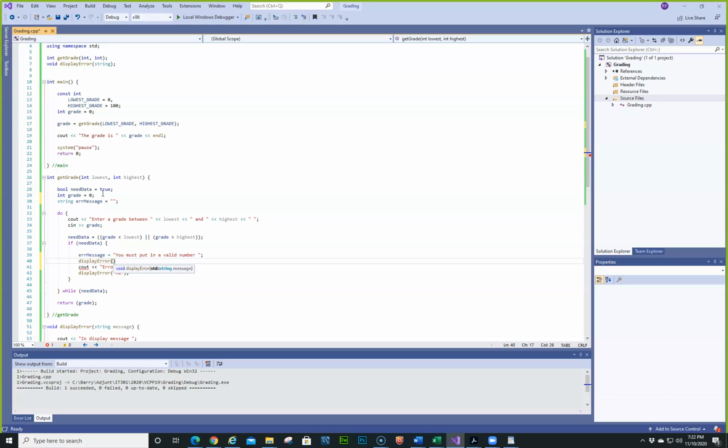And then we're going to do error message. Let's see if I can actually spell. Then we're going to do error message equals valid